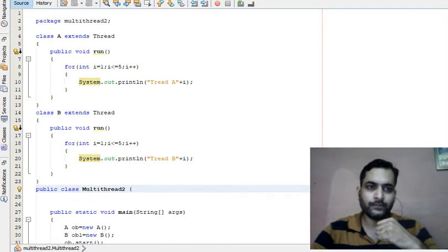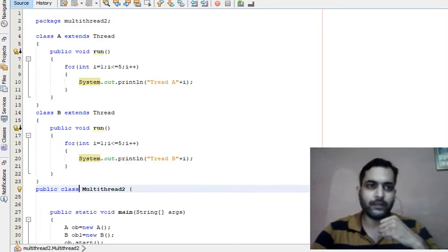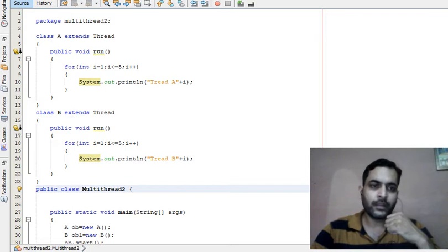We also discussed that threads can be created by using two methods in Java. The first one is by extending the Thread class, and the second one is by implementing the Runnable interface. In our previous video, we have already seen how to create a thread by extending the Thread class, and we also discussed that a thread can be in one of 5 states during its life cycle. That is new, ready, running, waiting and terminated.